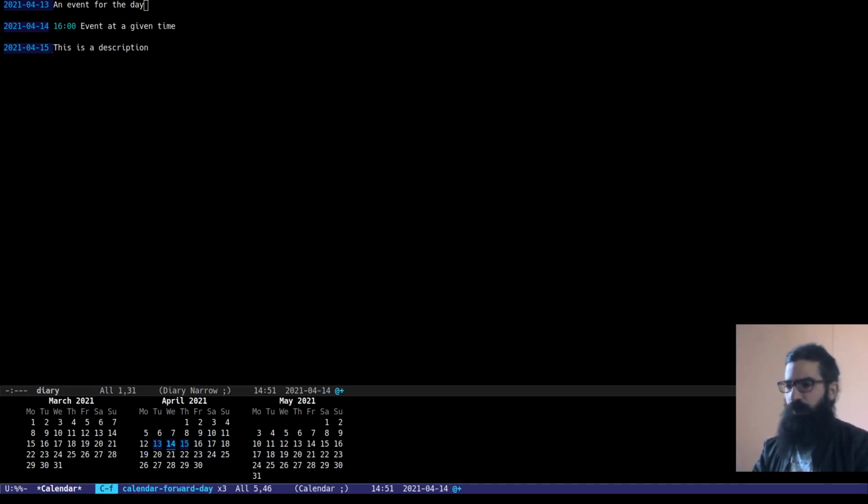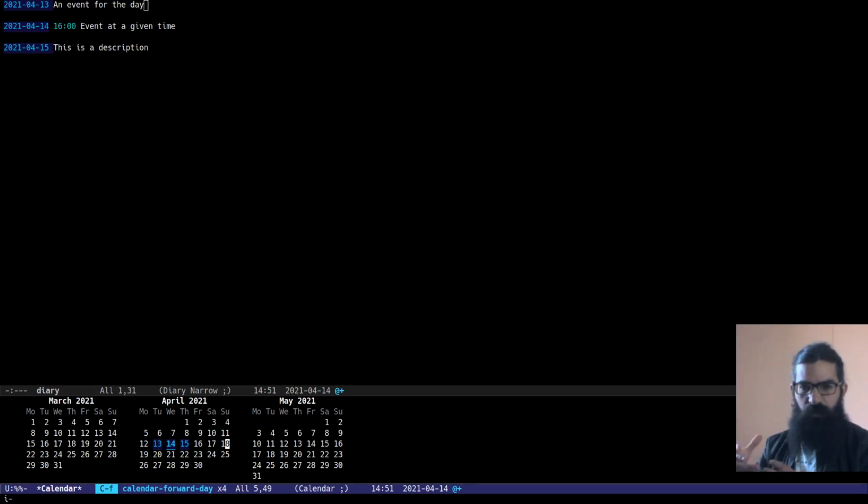When it comes to interacting with the diary from the calendar, there are various commands that you can use. For example, you can hit the letter I. I have several commands associated with that key, so that's why it is not doing anything. It is waiting for another key. By the way, whenever you have typed a key chord, some sequence of keys, in this case it's I, but it doesn't really matter,